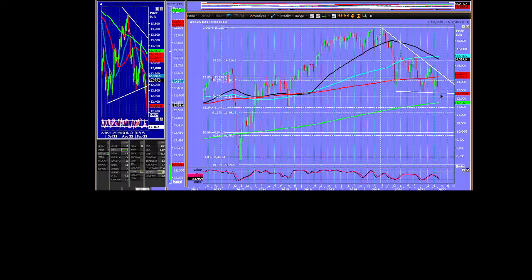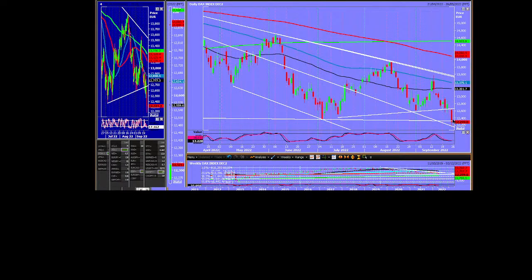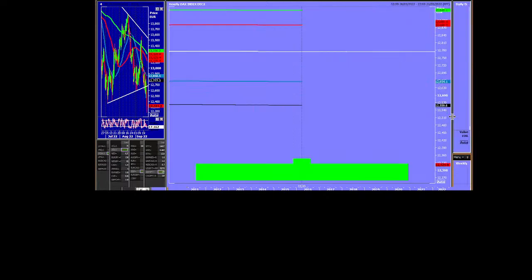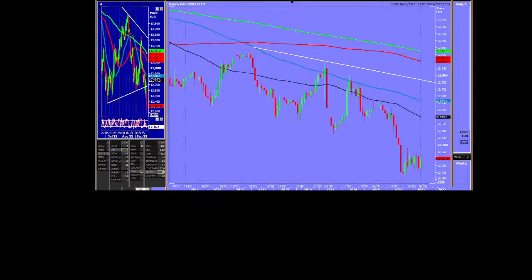As I said in the Telegram group on Friday, 12,350, 12,400 could hold the bounce, and I think we hit 12,350 and just turned around. So technically speaking, actually let's look at the hourly chart. Technically speaking, the levels are still working as the market panics. What is going on with that chart?